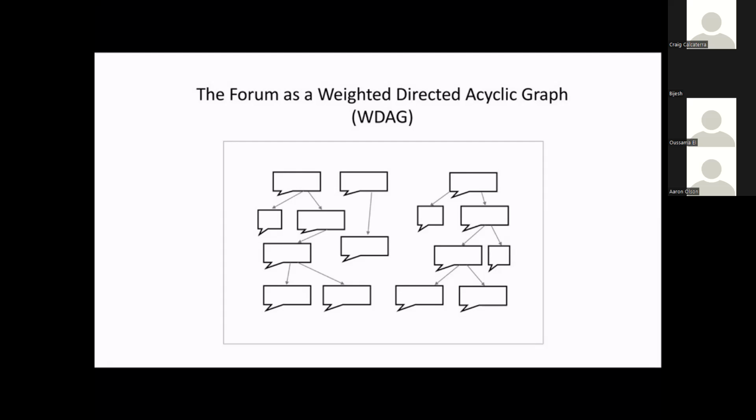So when I'm looking at the forum, here's some nasty bit of mathematical technical jargon: the forum is technically what's called in graph theory a weighted directed acyclic graph, a WDAG, okay? And that means something to mathematicians and the experts who study graph theory, but you don't have to worry about it. I'm not trying to blizzard you with jargon here, it just means that there's a good structure that's computationally efficient. And if you know about graph theory, then you can apply a whole bunch of theorems to it.